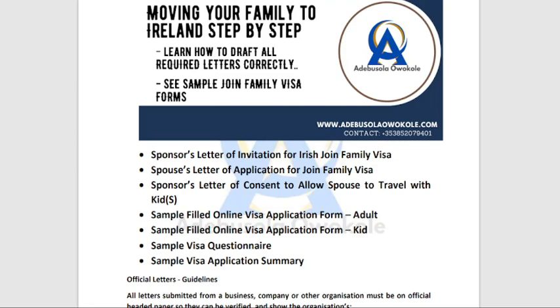So spouse's letter of application: you as a partner joining your spouse in Ireland, you need to write a letter of application for joint family visa. You will see a draft of that as well. And your spouse that is in